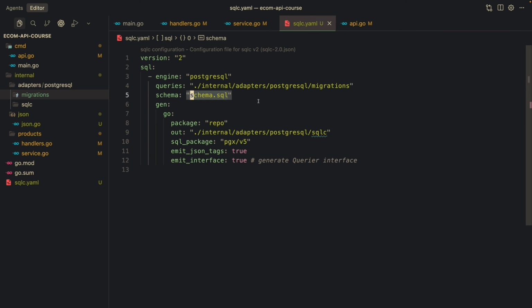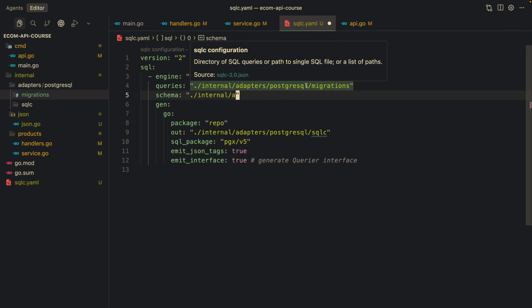And again, from the beginning, I said this was going to be a production API, and this is what I would use. So there we go. Let's just finish up this. So this is going to be the schema. It's going to be in internal adapters. Let me actually just copy this